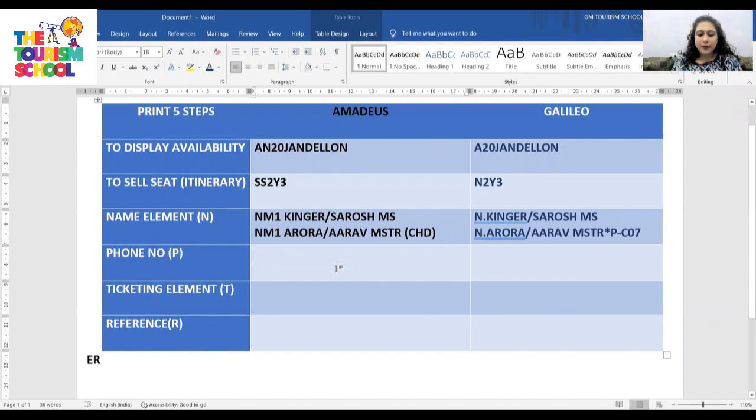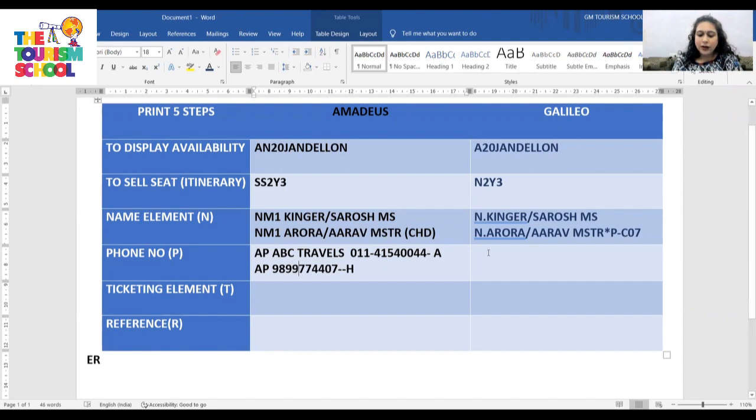For adding phone number in Amadeus, we use entry AP followed by the travel agency detail and minus A. Minus A means this is the contact detail of the travel agency. You may even write the mobile number as well or the landline number as well. If you wish to add contact detail of the passenger, then we use entry AP followed by the number of the passenger, minus B, which means that this is the business contact number, minus M, which means it's a mobile number, and minus H, which means it's a home contact number.